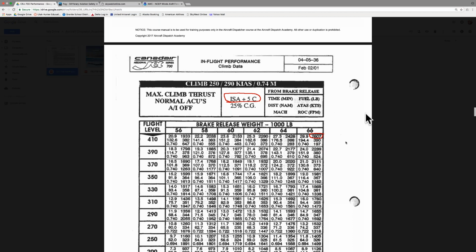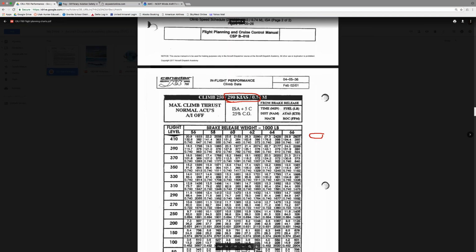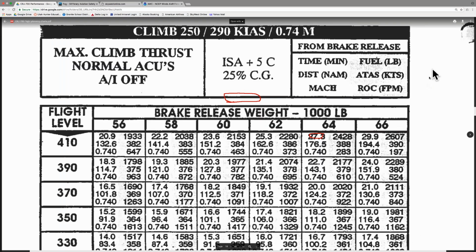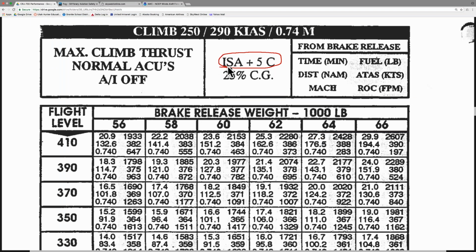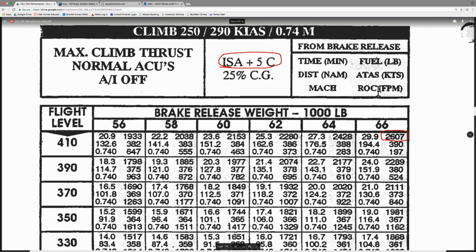Can you zoom that in a tiny bit? As we get higher, is that what you're saying? And it gets colder? Not higher, but warmer. We'll take the same altitude, the same weight, and we're going to compare the two. Okay, our current ISA deviation is positive 5 degrees, and we're burning 2,607 pounds in our climb. I think the warmer it is, the more fuel you're going to use. Yeah, exactly. Okay, so let's prove that out.